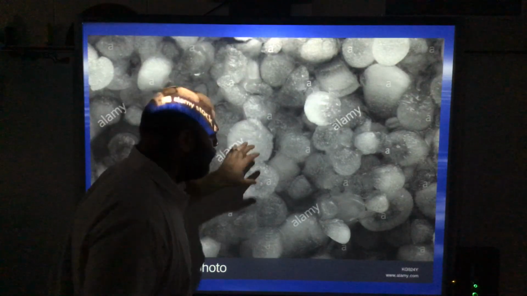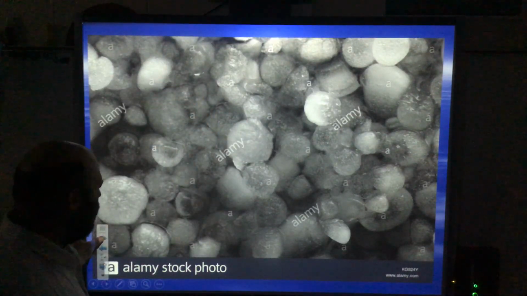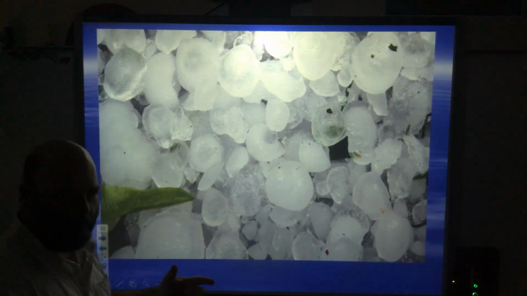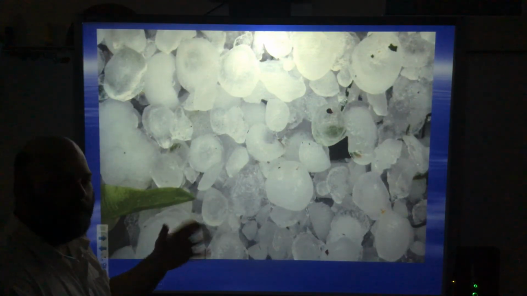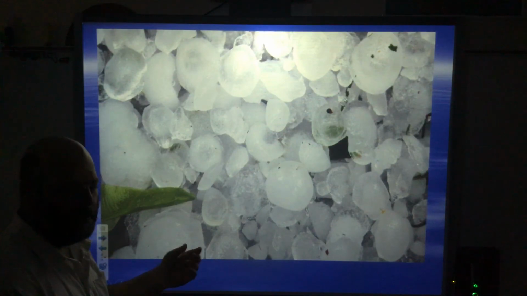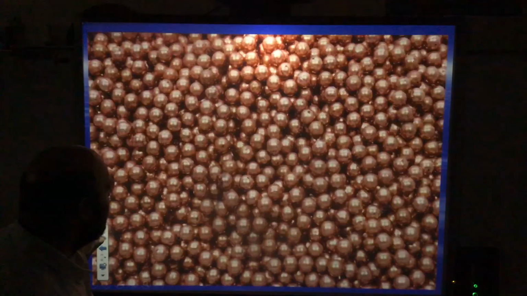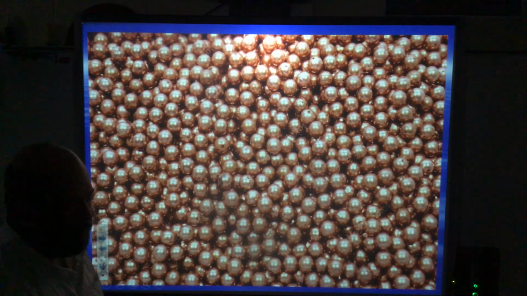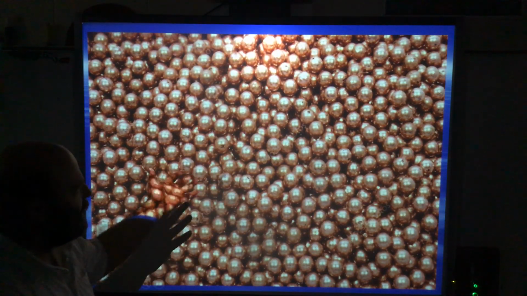These are like really small little BBs of frozen precipitation. Here's some more, and it looks very similar to hail, but it's very, very much smaller than hail is. These are really, really small little balls of ice, and these are just BBs you put into a BB gun, but this is what sleet basically looks like.